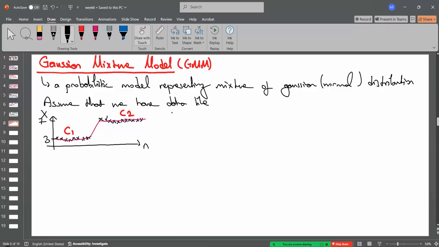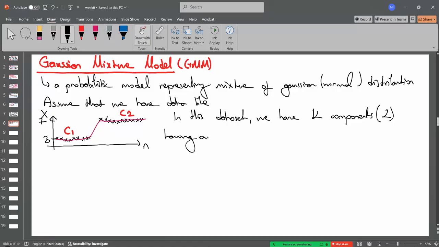So in this dataset, we have k components, which is equal to 2, C1 and C2, each having its own mu k and variance sigma k square, and also the overall probability can be given by